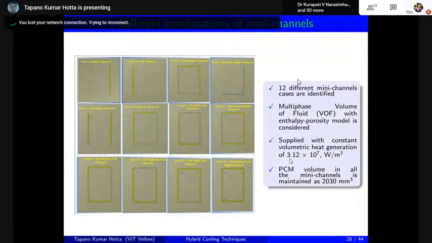Now what, this results in better cooling. So PCM is